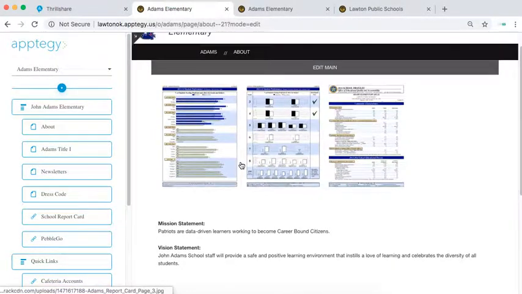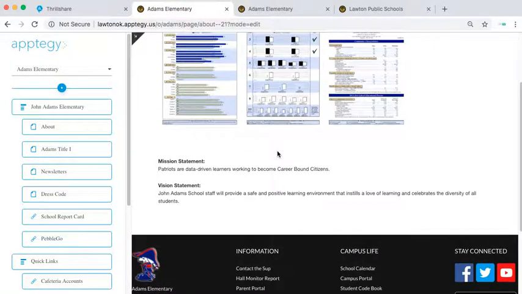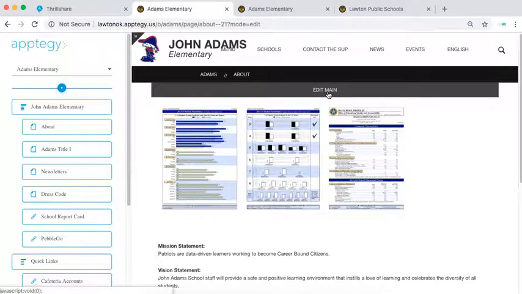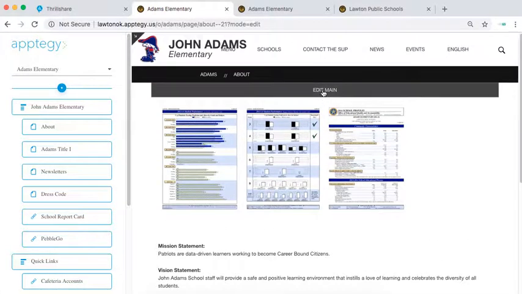So right now, About Us would be a great place to put some information about your school and let your parents and visitors, potential students coming into your district, know what your school offers. So here's how this works. If we're going to edit something that currently exists, you have this bar right here that says Edit Main. As soon as you see the little hand, I have an arrow and now it's a hand, you click on